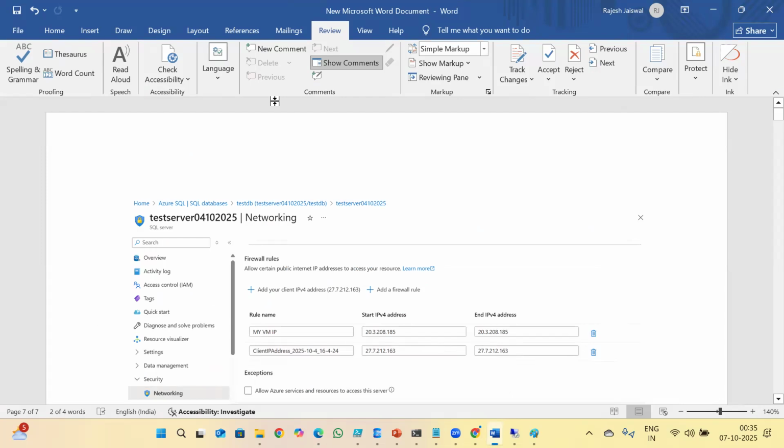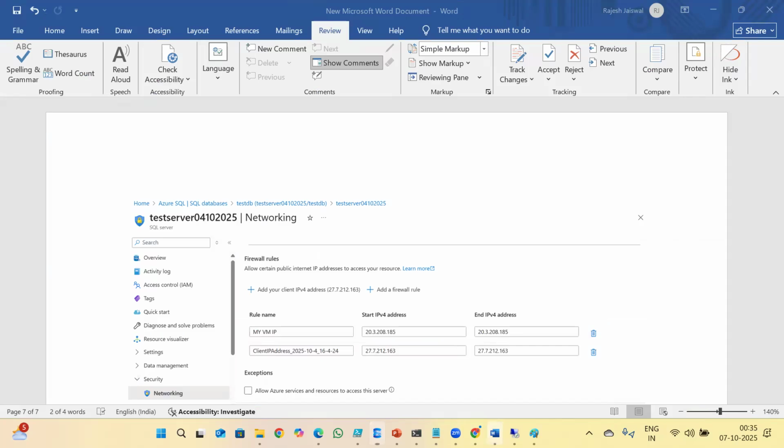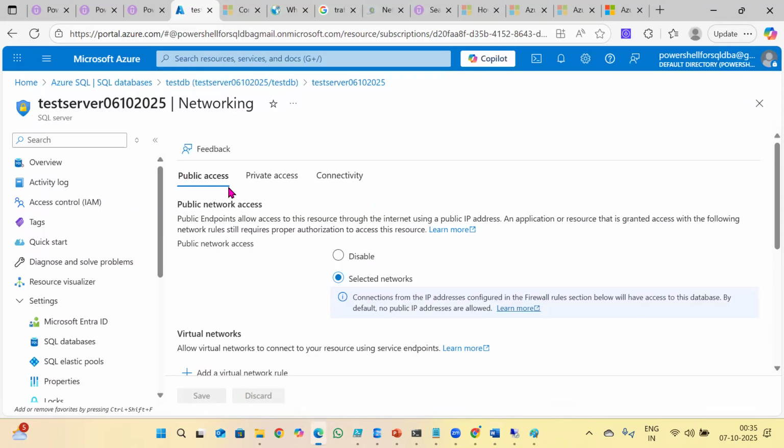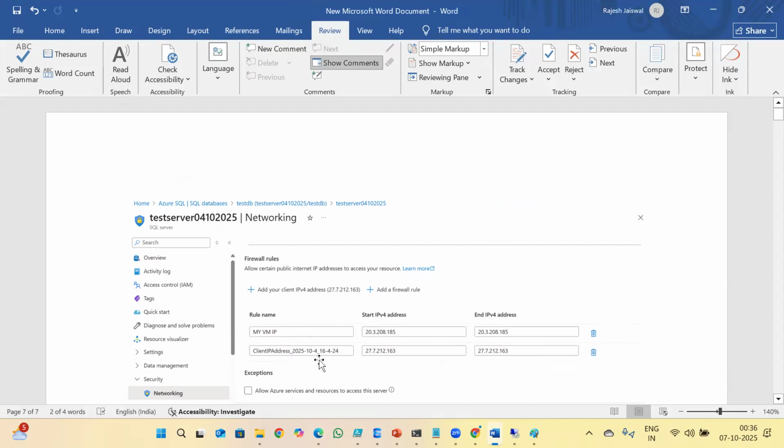In this PPT, I have already explained multiple things. If you want to connect to your Azure SQL from your local laptop, if you install SSMS and want to connect to the Azure SQL DB server, then you have to add your laptop's IP. In the public access, you go to Selected networks and add this IP address, which is nothing but my